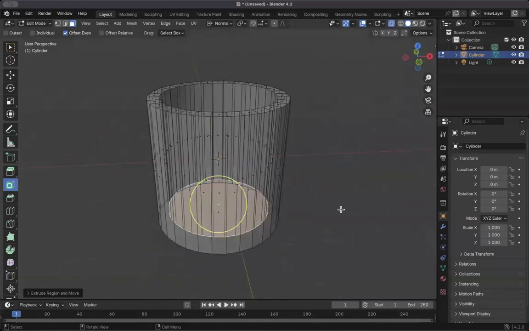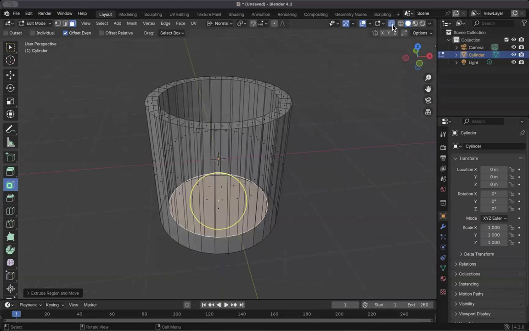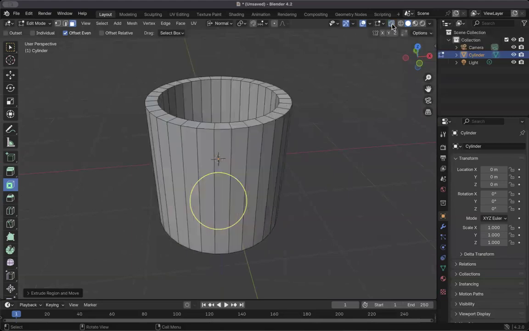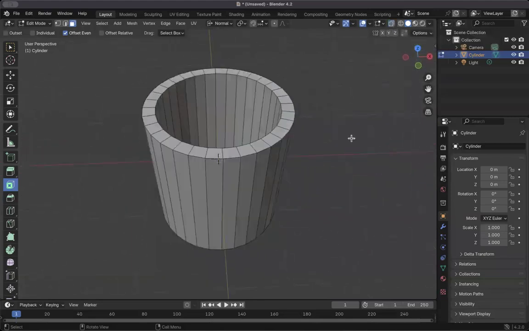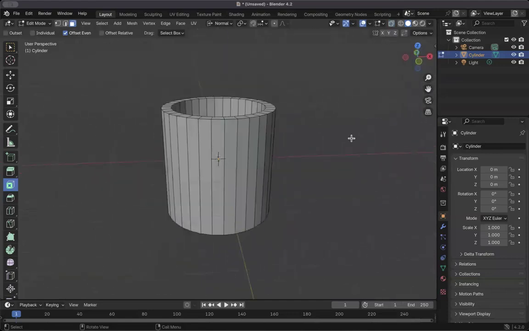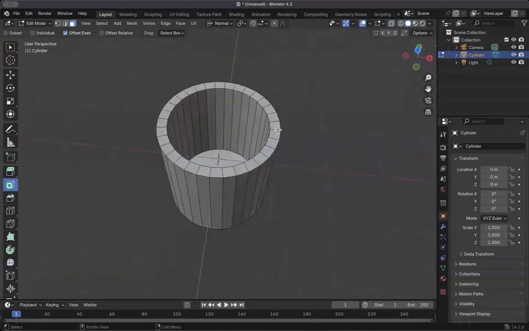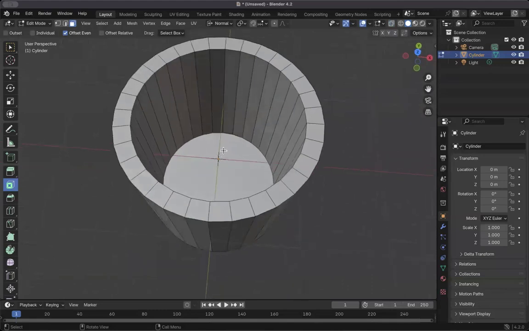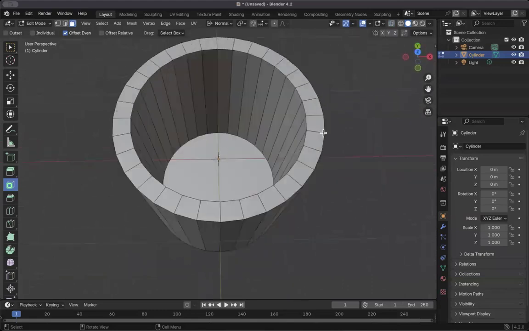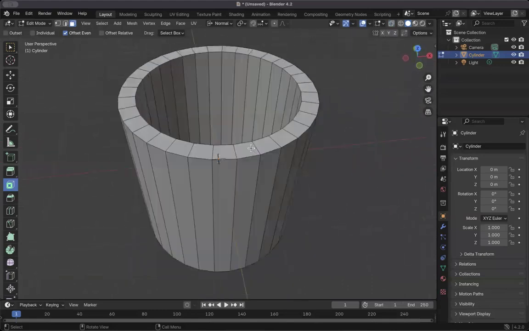And so it's still in X-ray mode, so I can go up here and just click toggle X-ray to turn that off. And there you can see we got the inside of a cup. Beautiful. Now, this isn't going to make sense immediately, but it will, because it's going to help the cup not look